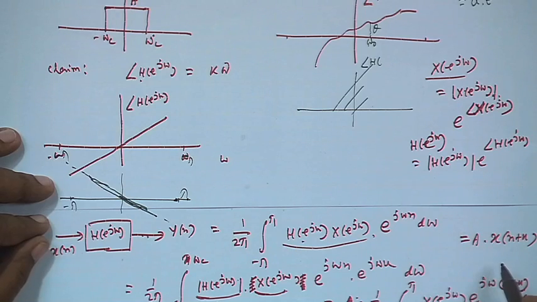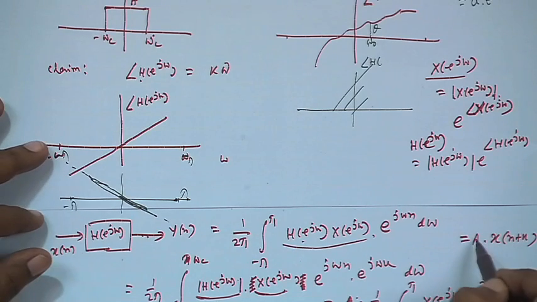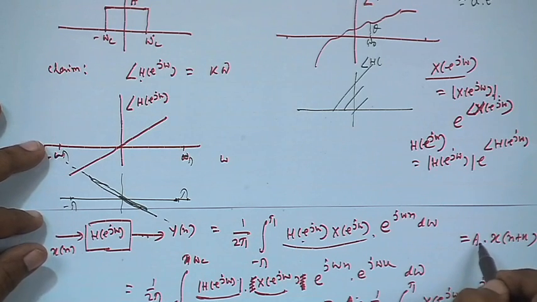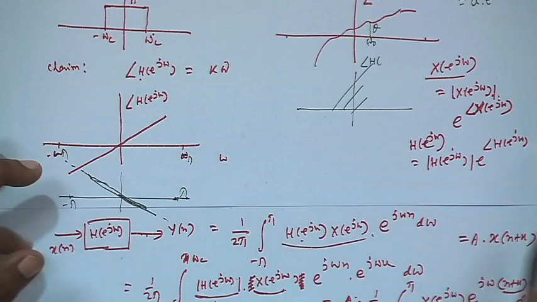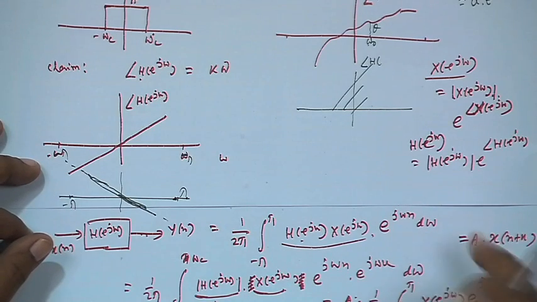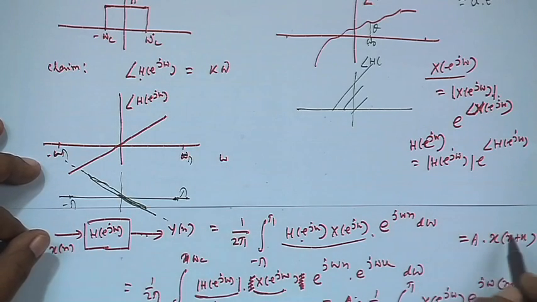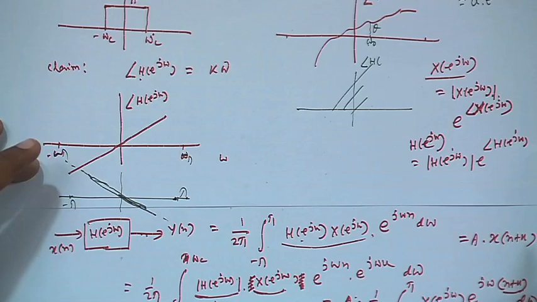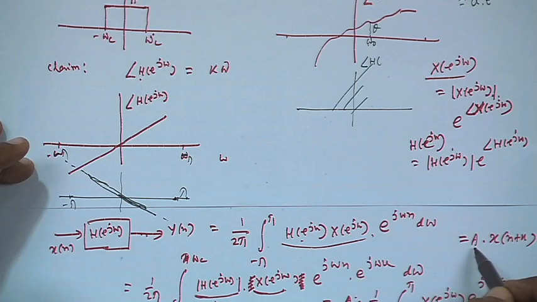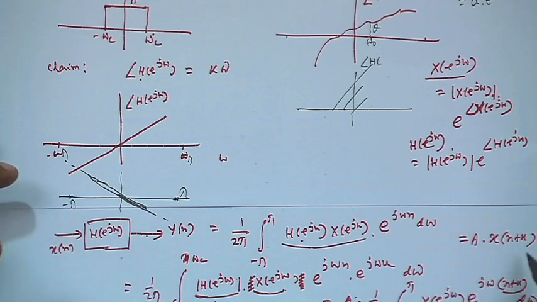But what we are getting is that the output is nothing but the input, just amplified or attenuated by a constant factor A. A could be chosen in the filter to be 1, in that case no change in amplitude, and it is delayed by some constant amount. The k is known to me because I designed the filter. So, I know what k is. So, if k is, suppose, minus 2, then the output will be A into x[n minus 2]. I also know A. So, from A into x[n minus 2], I can easily find out what x[n minus 2] is